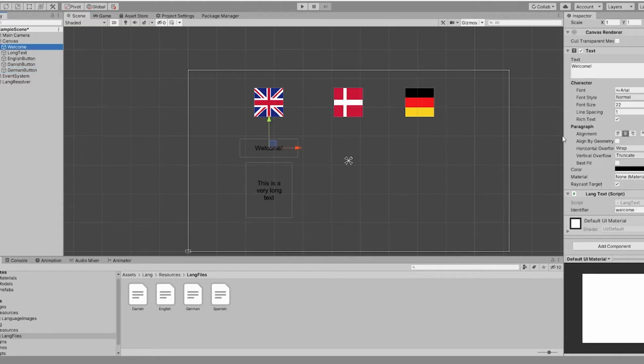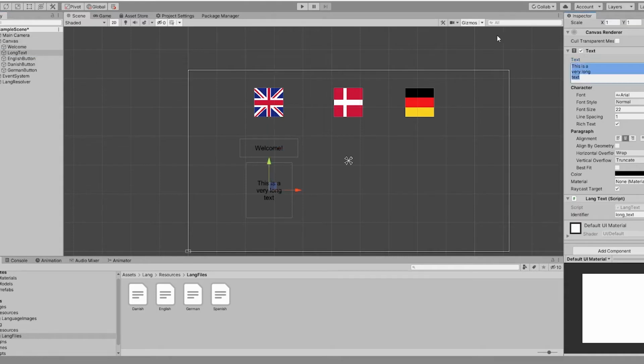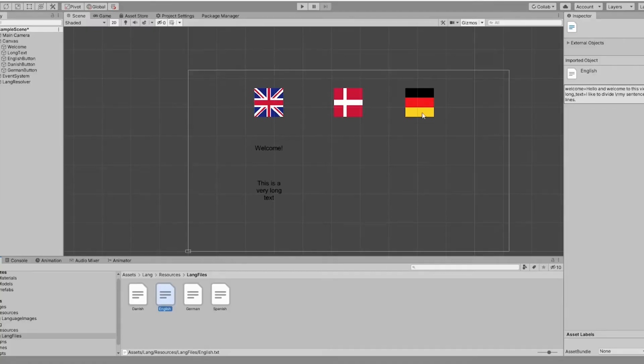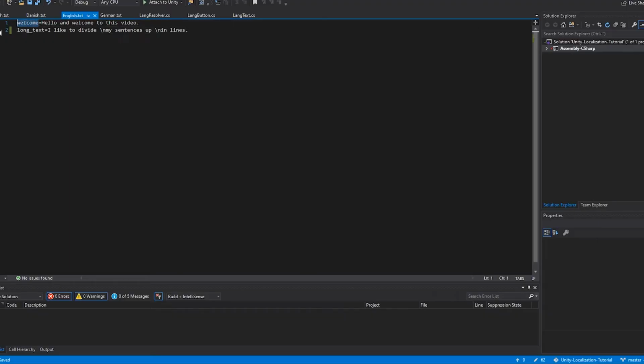So if you go to the welcome, you'll see that we have some text here, and the same in the long text. These do not matter, these are just there in the editor when we're not playing. What matters is this long text here in our lang text file that we call identifier. And that is because if we go here, you will notice we have what we just saw in our identifier, welcome and long text. So identifiers are there to help us